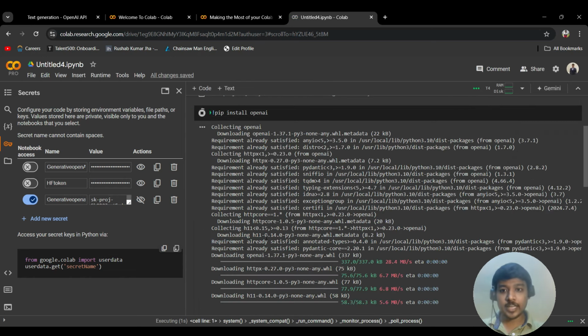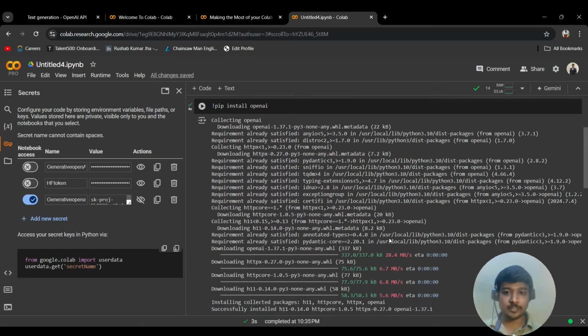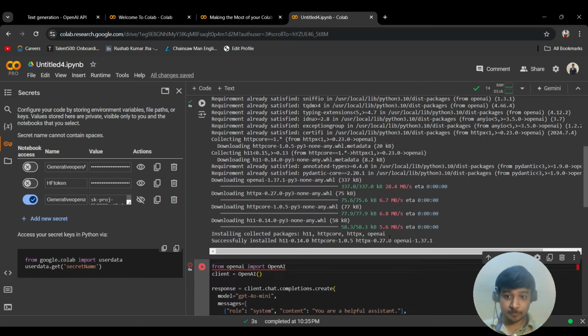Colab is pretty intelligent. As per your last task, it is able to remember a couple of statements and the queries that you have utilized, probably run. So once it's showing successful, see the amount of speed it is showing utilizing the T4 GPU. That's the reason you will need to use it.